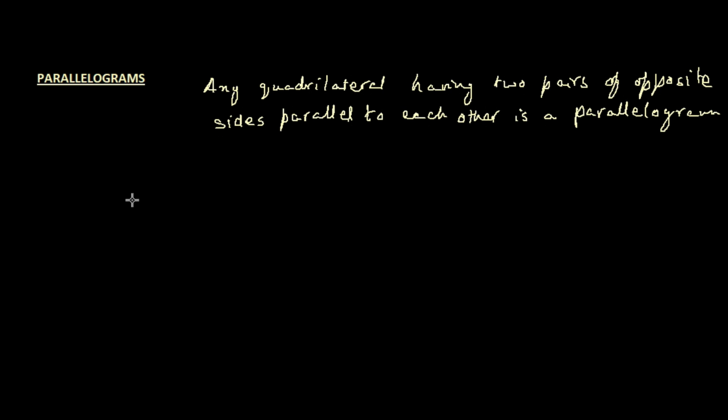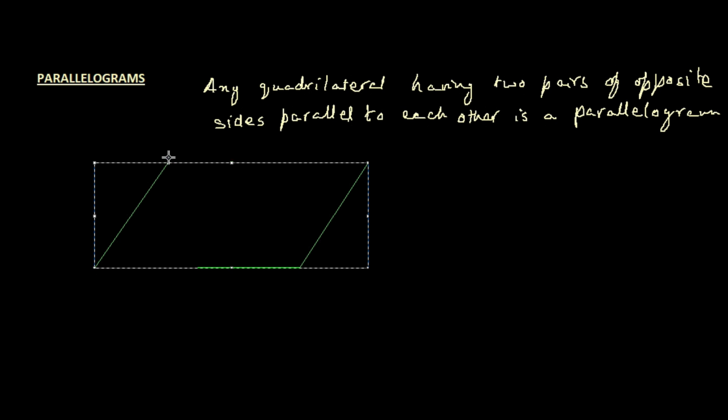So in the first place, let's start with drawing a parallelogram. So let's say this is a parallelogram that I have. Once we have a parallelogram, all we know, according to the definition of the parallelogram, is that two pairs of opposite sides are parallel to each other. So let's say that this side is parallel to this side because they are opposite sides, and this side is parallel to this side. Now, using this definition of a parallelogram, what we are going to prove is that one of the diagonals of a parallelogram divides it into two congruent triangles.